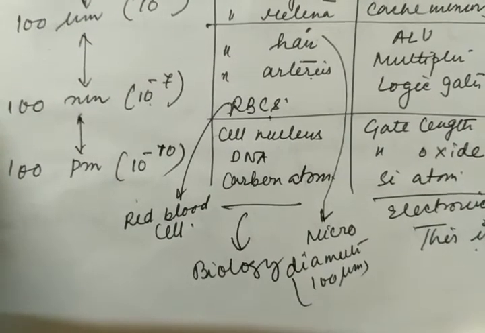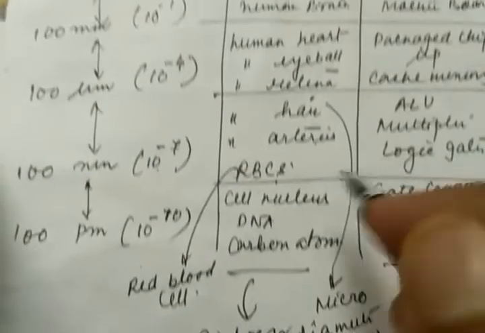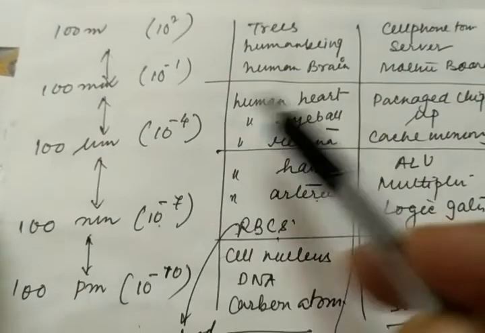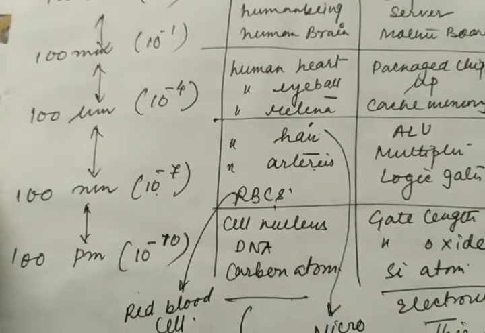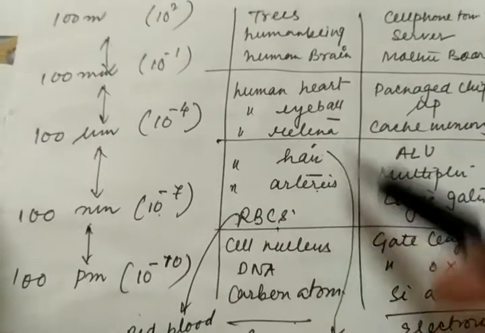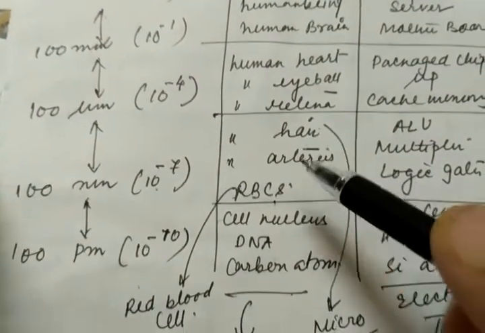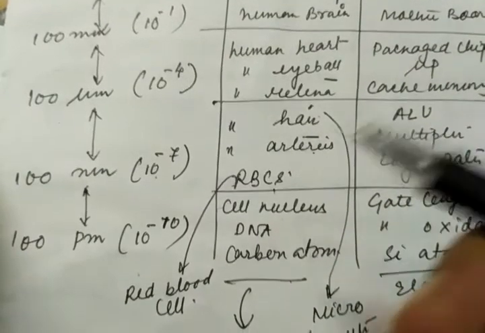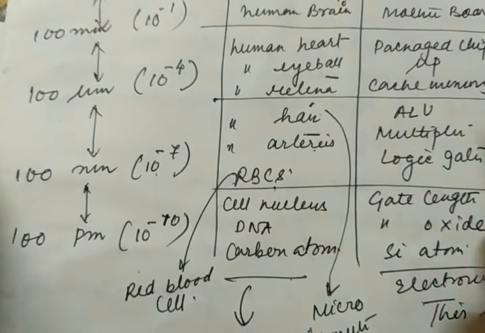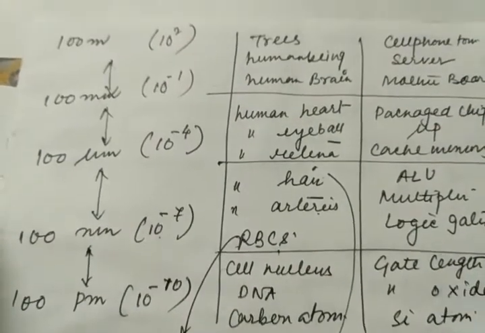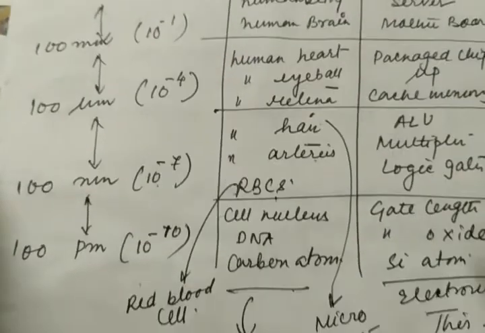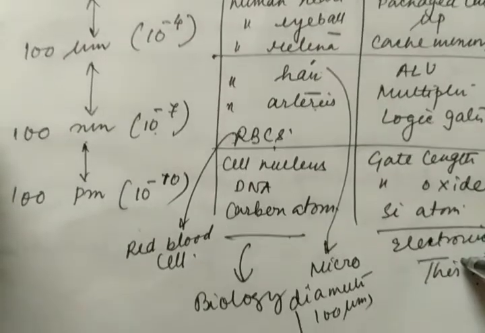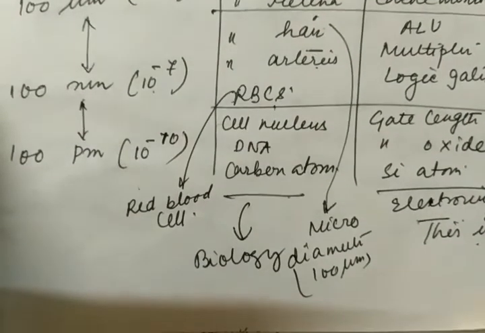So these biology and electronics are mostly related parts that we will discuss in our nanoelectronics also. It's just like an example of which kind of scaling in terms of biology and in terms of electronics. So here I am taking some examples to show you how the scaling is done, just taking a very simple example of our body. And in the electronics, please see how the change is happening from this motherboard to this silicon atom. Okay, so this is nothing but the scaling, all about the scaling.